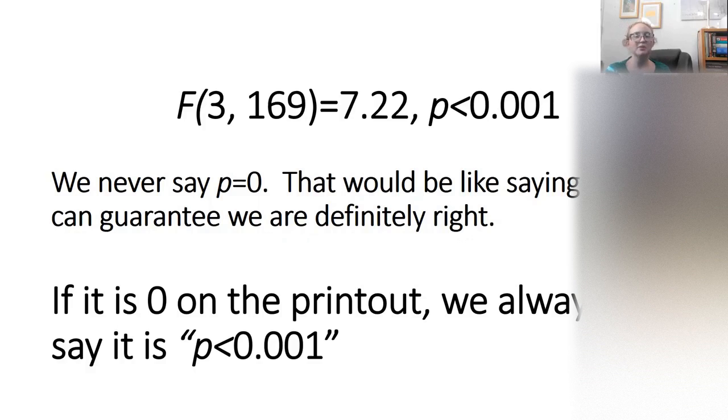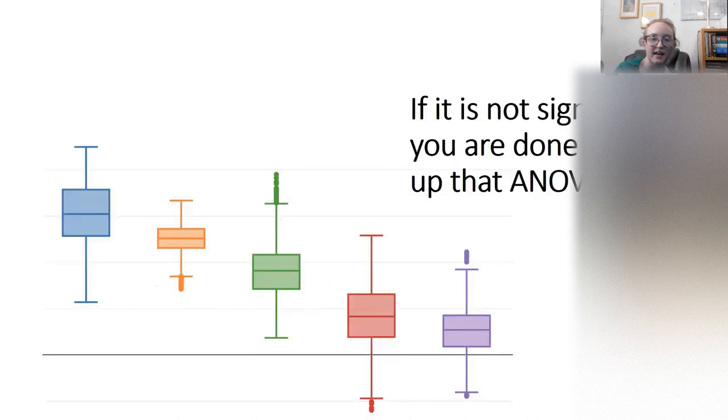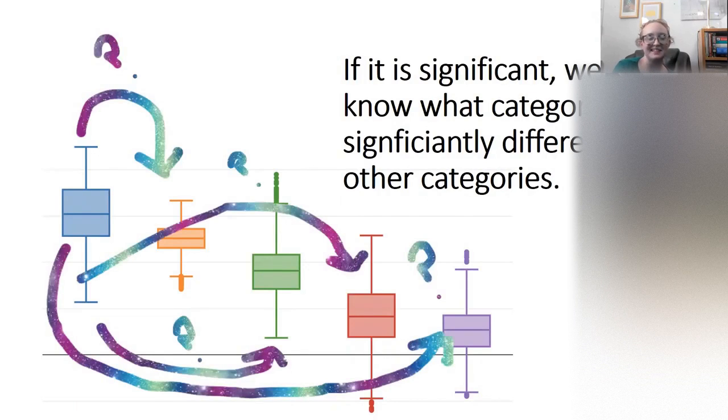And so it looks like this, but on this output, it did say p equals 0, but never put that p equals 0. Always, if it says 0, say it is less than 0.001. Because if we say it's 0, it's like guaranteeing something in a way that we cannot. So just always say less than 0.001. And so if it's not significant, you're done. There's no difference between these education levels. If it is significant,